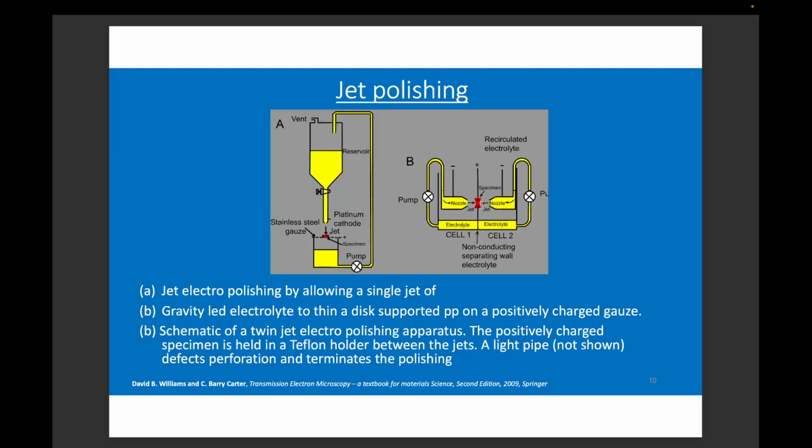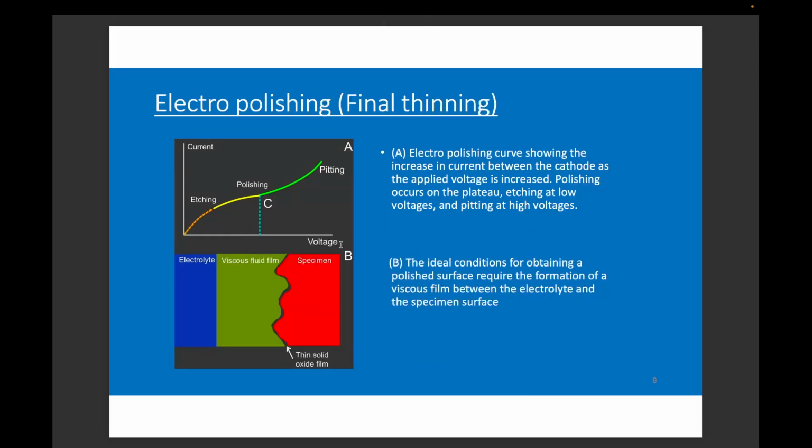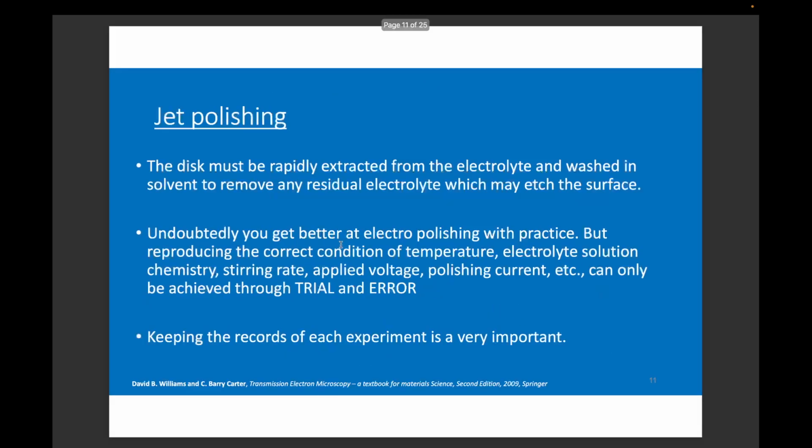And at what voltage and what current we have to carry out this procedure, we will know by getting this current versus voltage specimen. And this is different for each material. This varies from material to material. And this jet polishing, the moment it completes, since this can change the surface chemistry, this can